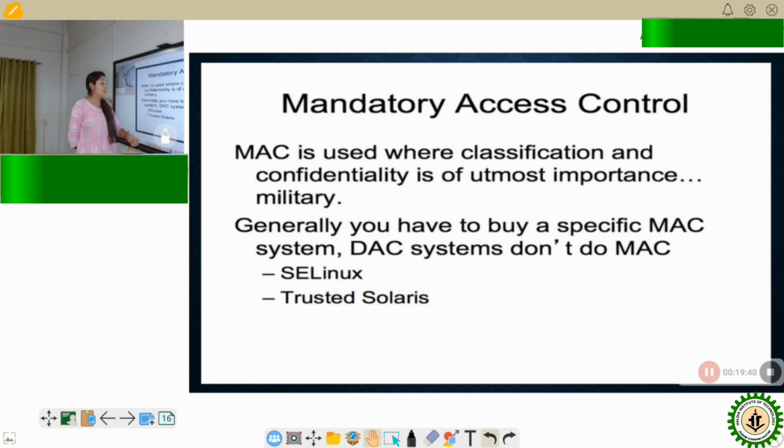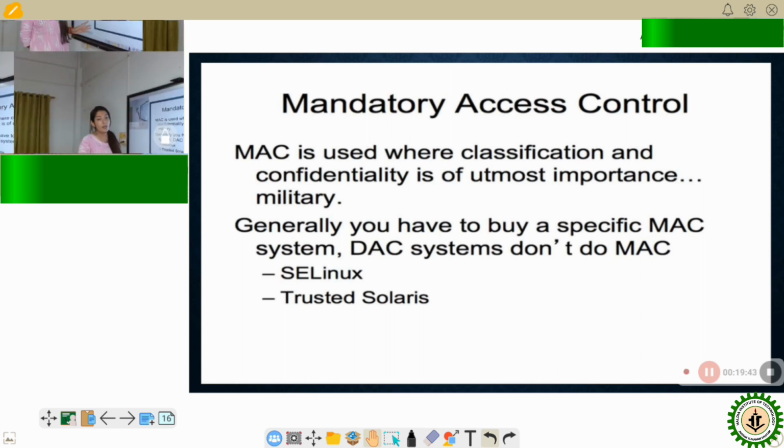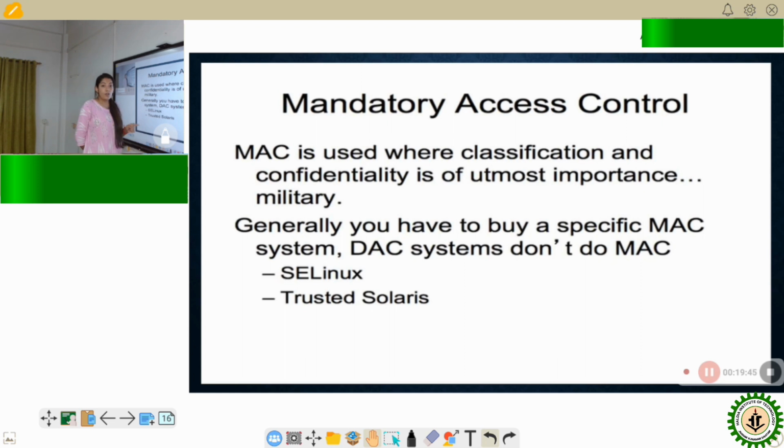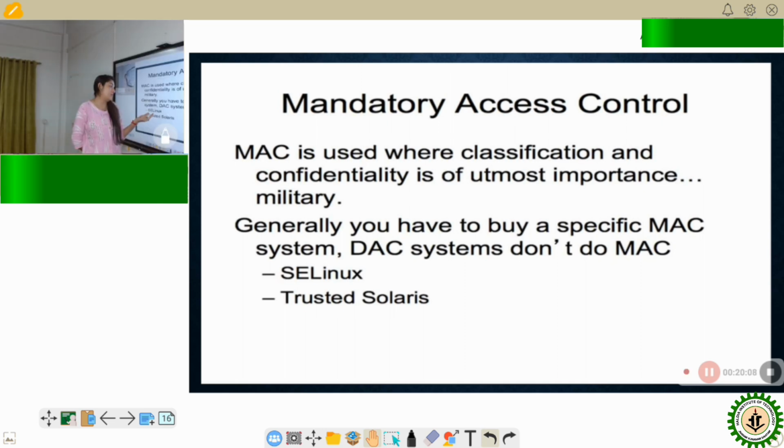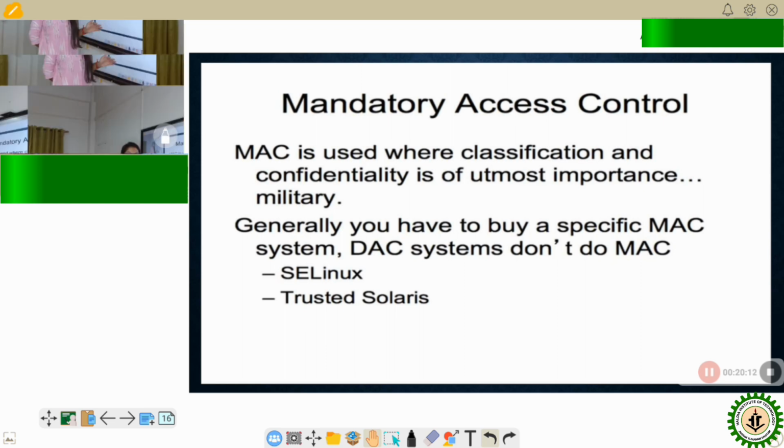But still, if you want to implement the mandatory access control model on your computer system, there are a couple of operating systems that would allow you to do that. Famous examples are Trusted Solaris, which you need to buy and install on your computer system. Another one is Security-Enhanced Linux, which was actually designed by the National Security Agency of the USA.